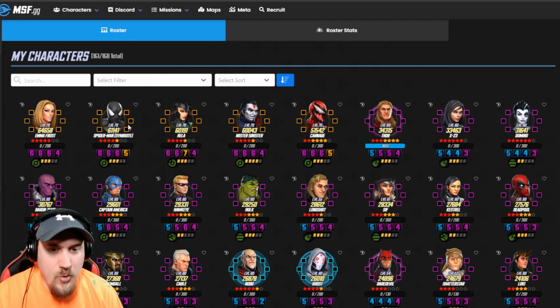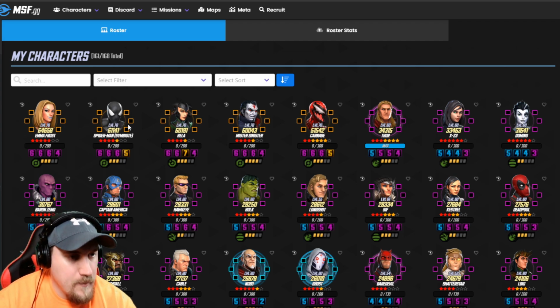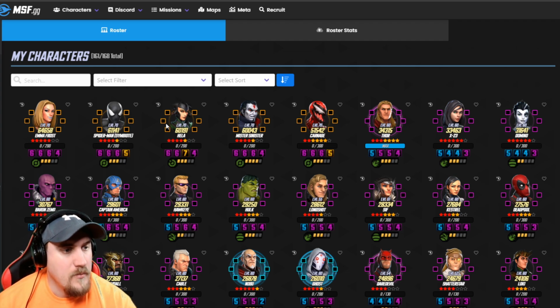All right, and then quickly before we move on to the next roster review we have to do, is there a way we can morph this into a good U7 team for him? Yeah, I mean the 3 characters that he has right there, Frost, Hela, Symbiote Spider-Man, that is the core of a pretty decent Ultimus team. Okay. And then you can take some of his other characters like a Sinister to pair, or Carnage to pair,